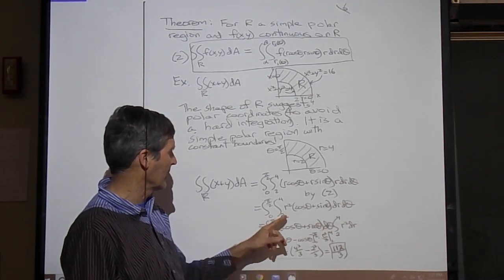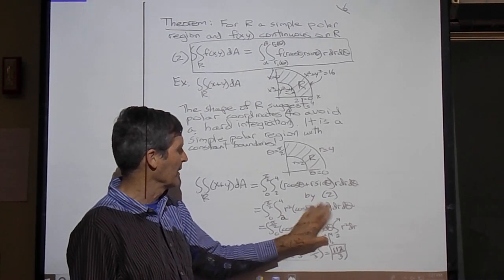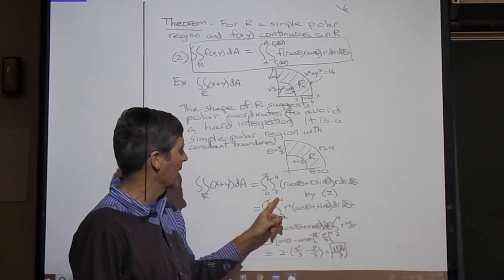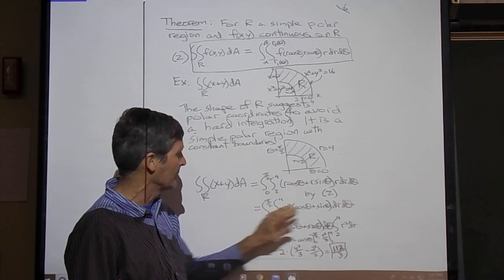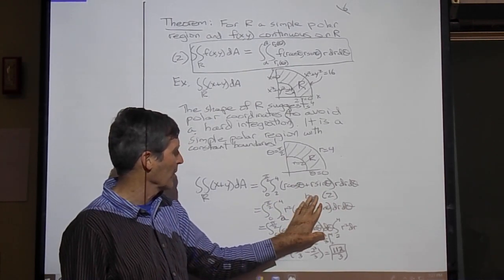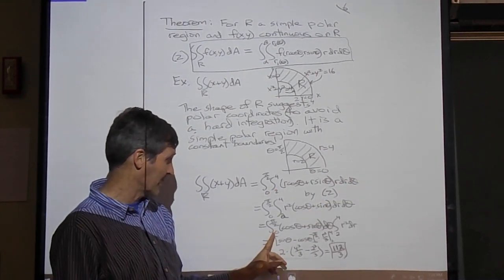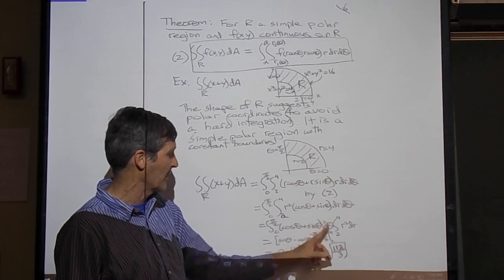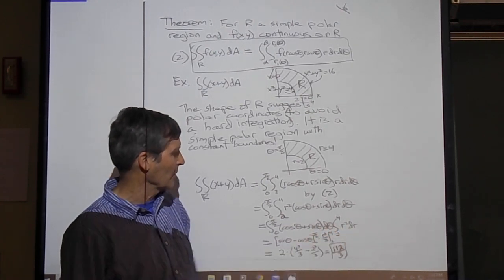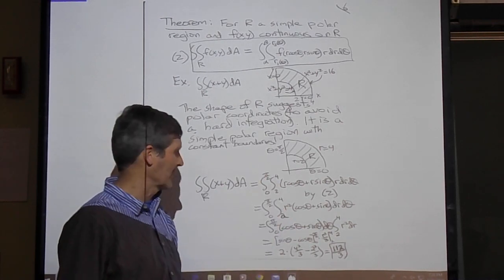And then I recognize, furthermore, the remaining integral, r squared dr on the inside, goes between the two constant endpoints, no theta in there. So this integral in the middle, r squared dr from 2 to 4, is a constant. I can slide it out the other end and rewrite this as a product of two integrals, cosine theta plus sine theta d theta, integral r squared dr, each of them between constant endpoints,